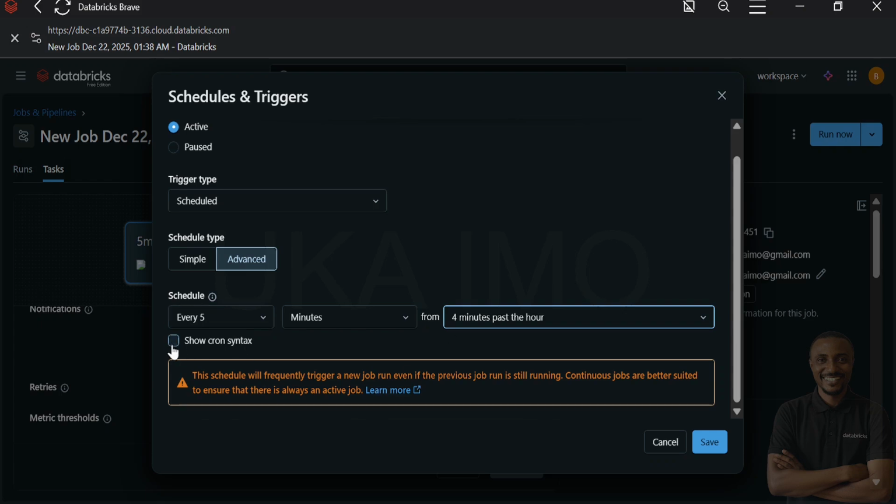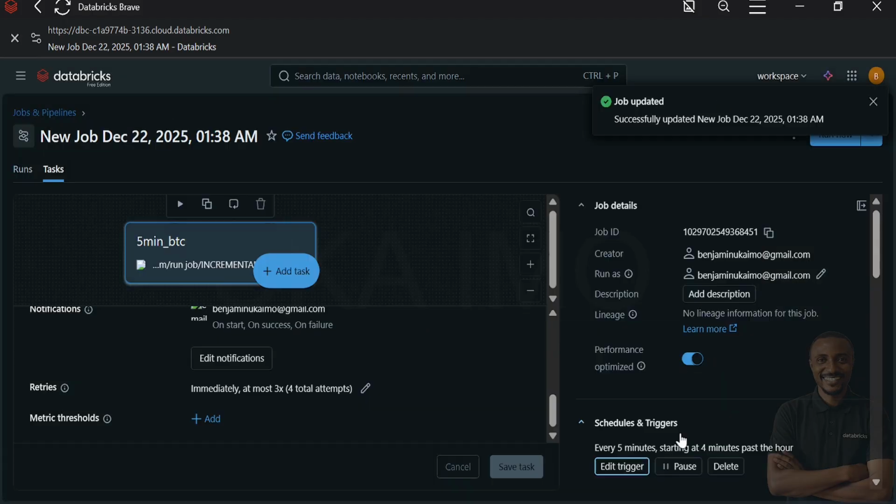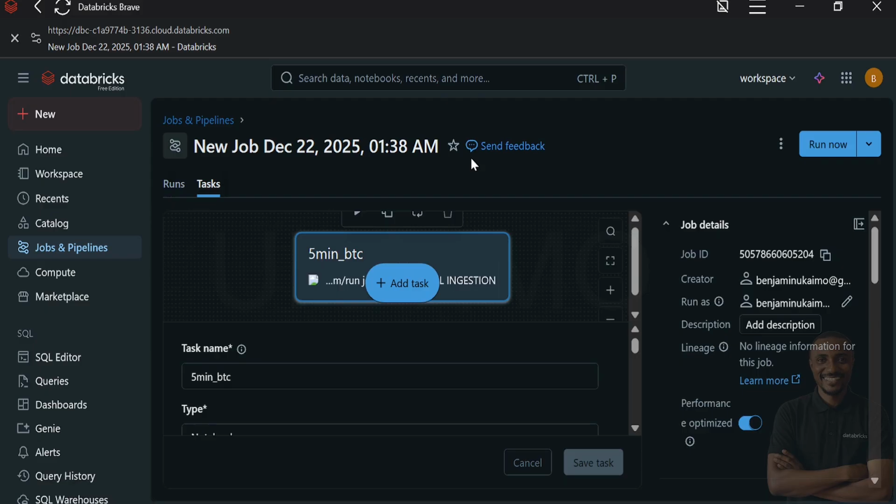So you can also view it as a cron syntax. So this is it, or view it as UI. So let's just save this. It says job updated. And now we are set to run our first job,